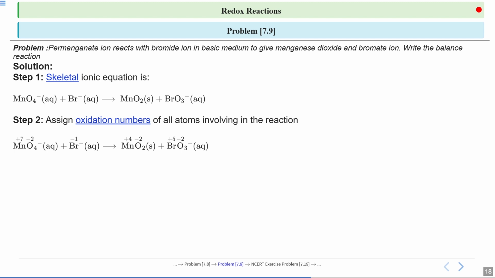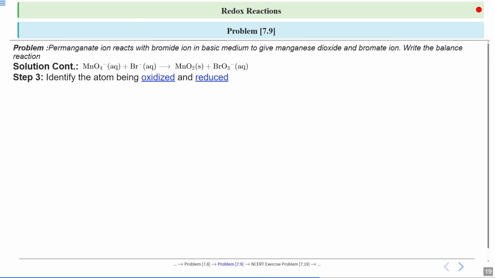So in step 2, by writing the oxidation number for all the atoms that are involved in the reaction, we get the chemical reaction as MnO4 negative with the oxidation number for manganese being +7 and oxygen -2. For bromide, it is -1, and in the product, it would be +4 for manganese, -2 for oxygen, and in the bromate ion, it would be +5 for bromine and -2 for oxygen. Moving ahead,